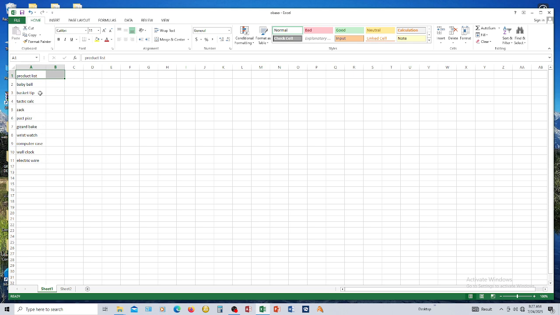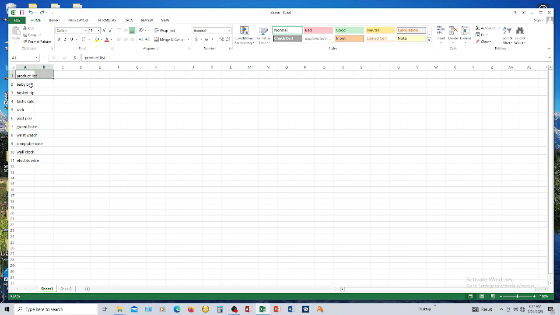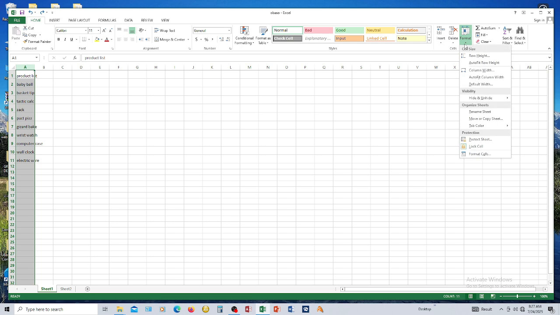But sometimes you can also do it in this format, whereby, let me return it back. You can also do it in this format whereby you take your mouse to the format. The first thing you have to do is click on it, so that the computer will know where you want to work. Then you click on the format, click on the drop arrow, then you see the column, see the arrow, it is facing both left and right, and then you click on it,